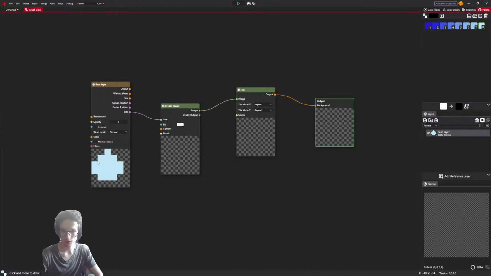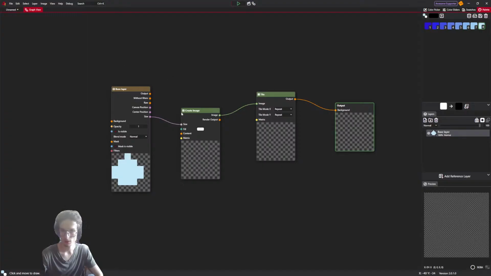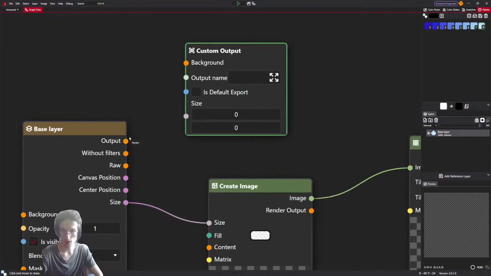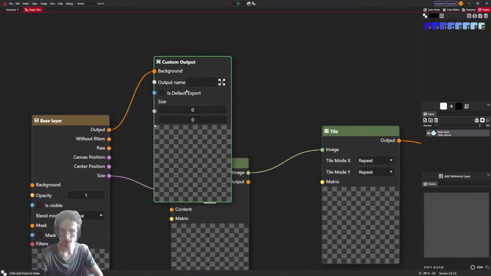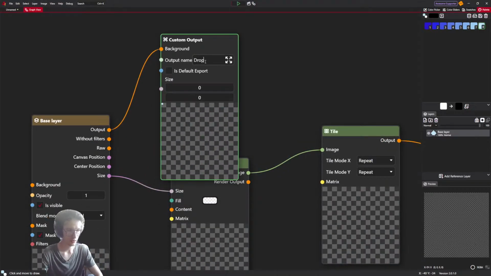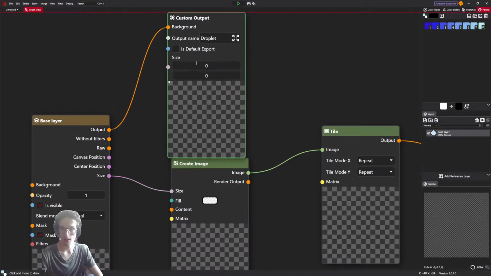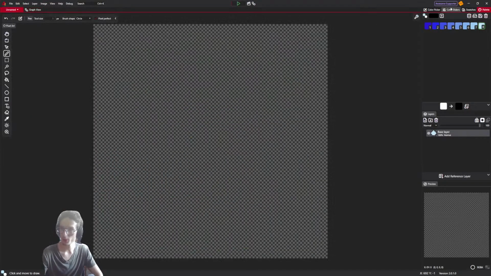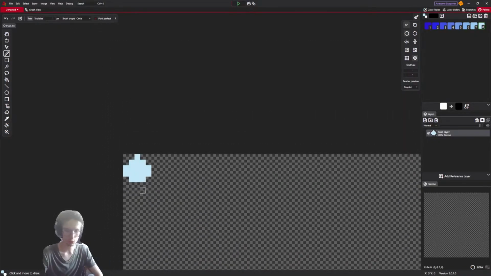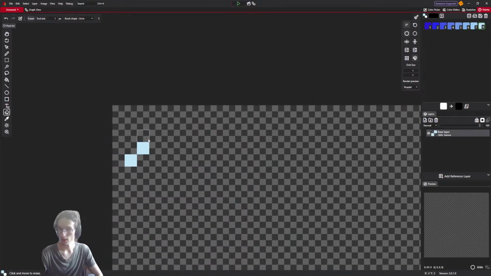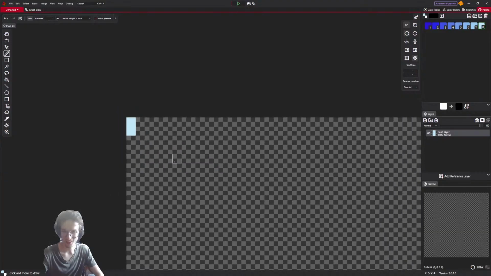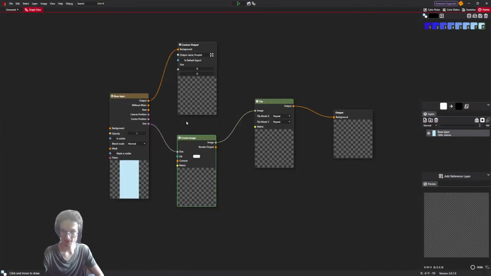Maybe, yeah, maybe that works. Okay, I'm gonna create a custom output. So when I create it and connect my droplet layer, I can give it a name, droplet. And now when I go to my viewport, I can select a droplet in here, so I can edit it without reconnecting nodes. Let's listen to Michi and create just two vertical pixels. Hopefully that's enough.